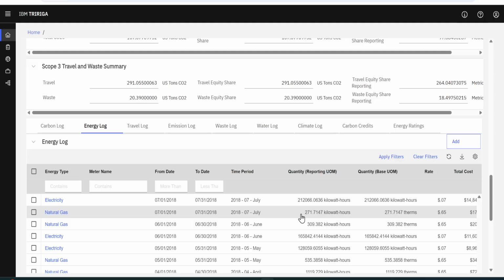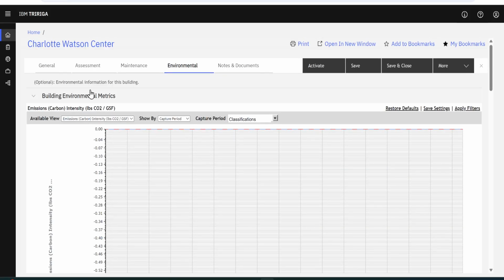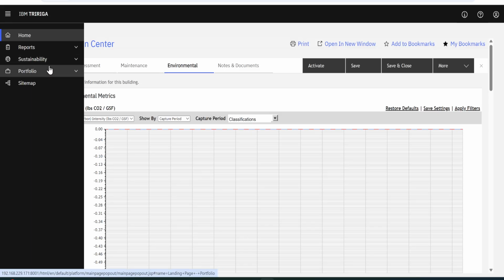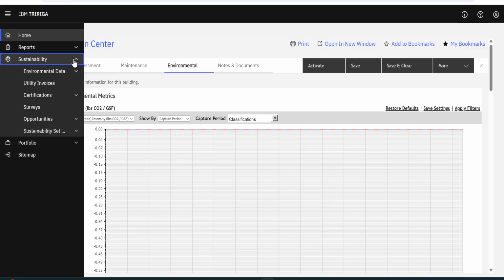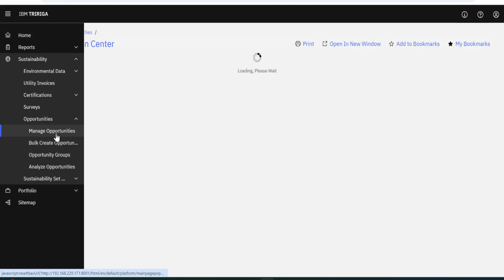So once you have this data, you now want to understand what's going on. So in TRIRIGA, we have assessment, which also talks about the condition of your building. That facility condition assessment TRIRIGA supports, and you can also understand through the various opportunities and various deficiencies, environmental deficiencies, you have recognized. So under opportunities, which is kind of deficiencies in MREF or TRIRIGA,